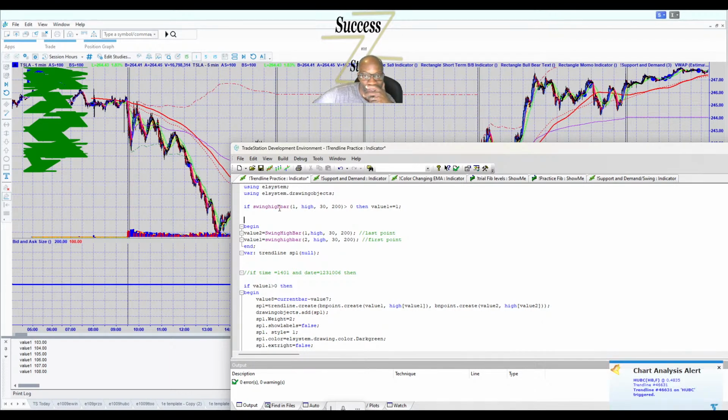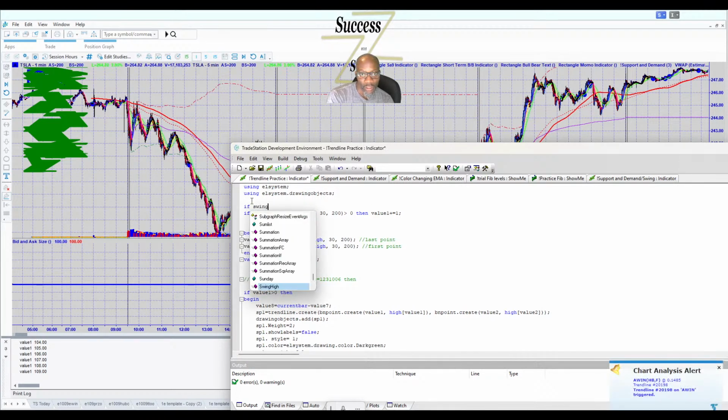And then if the swing high bar gets a new value,